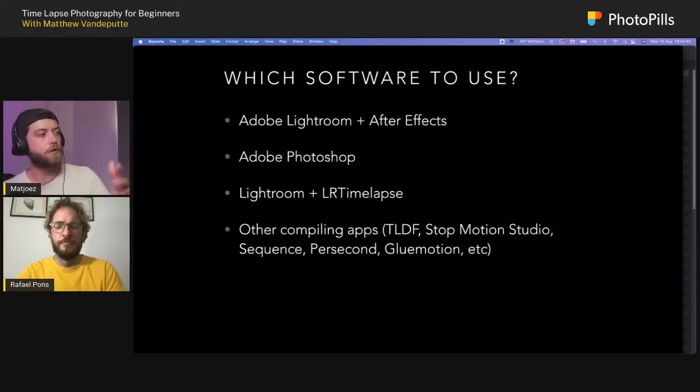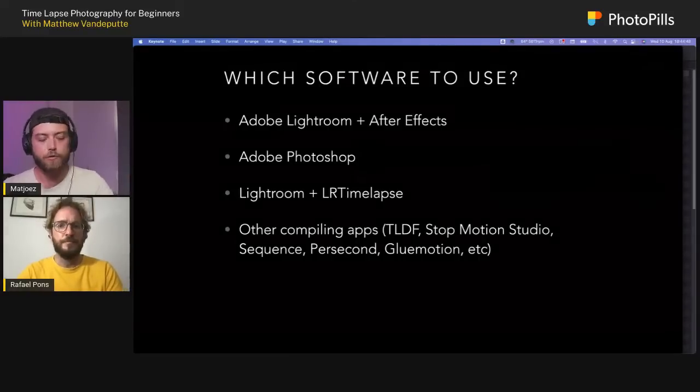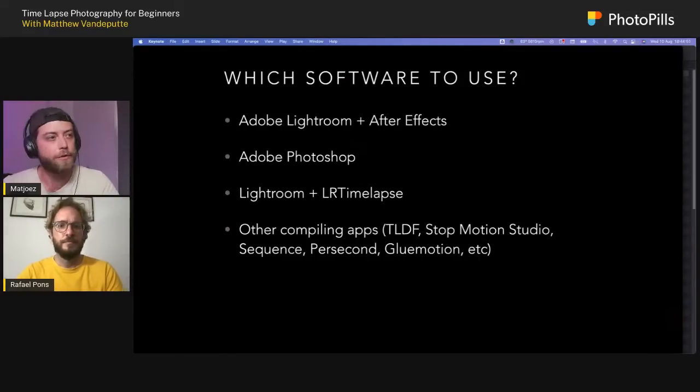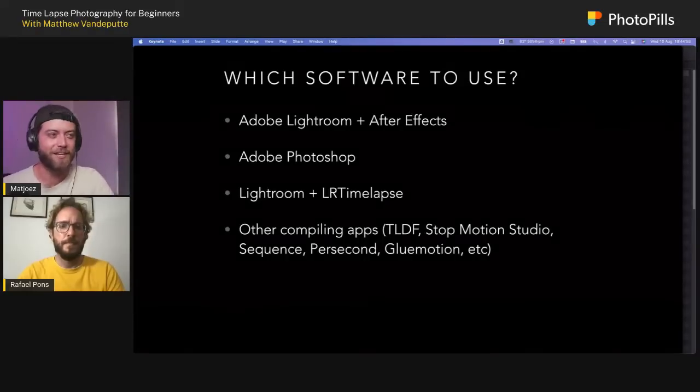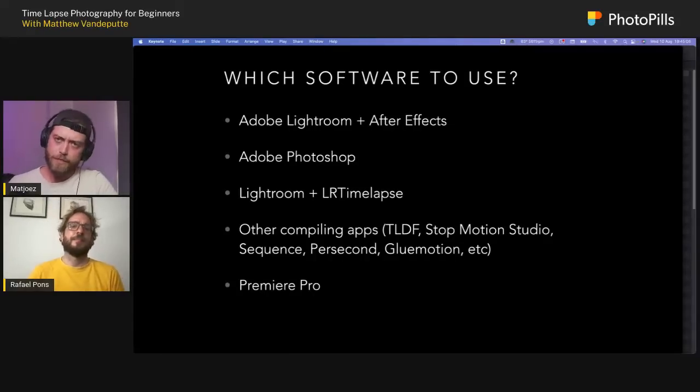There's Stop Motion Studio, Sequence Per Second. Glue Motion is a new one that I found. These apps are all like, I don't know, 10, 20, 30 bucks and have a surprising amount of features that aren't as good as the upper half of the screen, but good enough if you want to get started with the basics. And Premiere Pro also allows you to turn